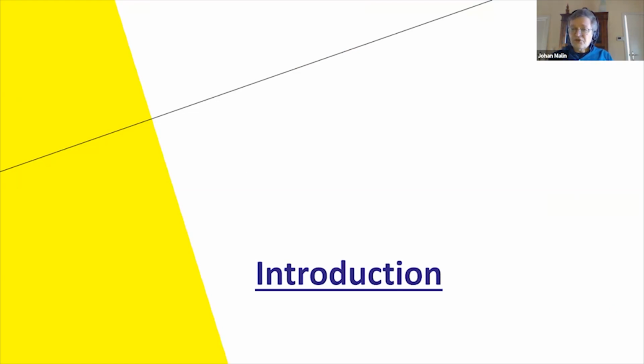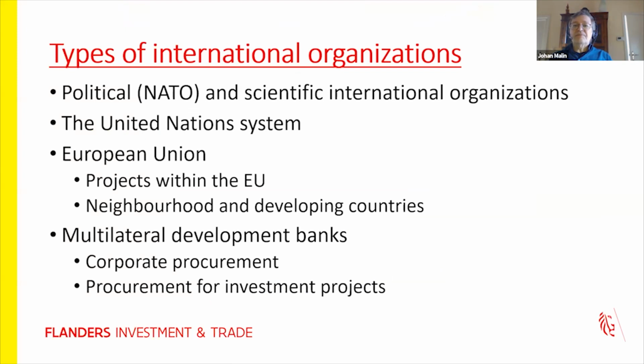This webinar today is on procurement. So where do we go from procurement to international organizations? Well, procurement is everything. Any government can buy anything. But if it is covered, financed and followed up, monitored by an international organization, the procurement will be more transparent. This said, I must say that only half a percentage of the complete procurement in the world is maybe covered by an international organization. That is not much, but there are a lot of advantages to working with international organizations, and that is, well, you already heard